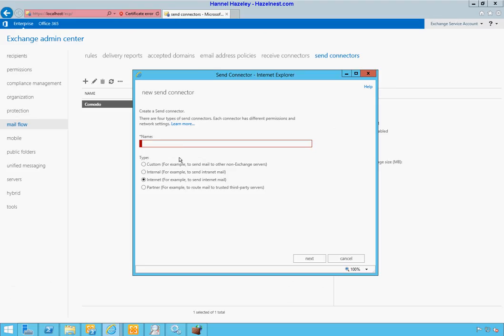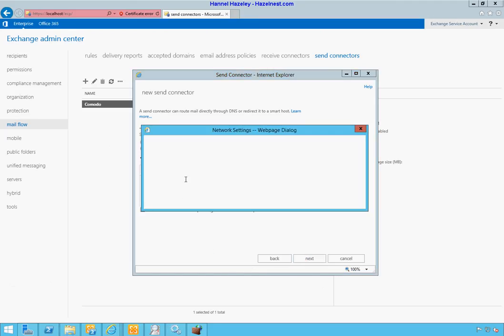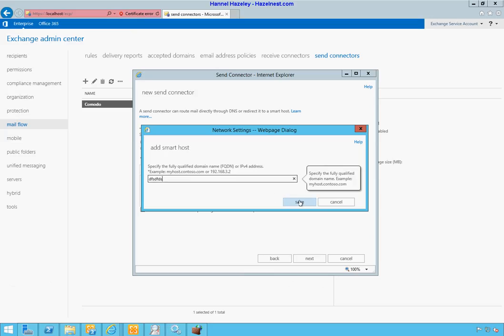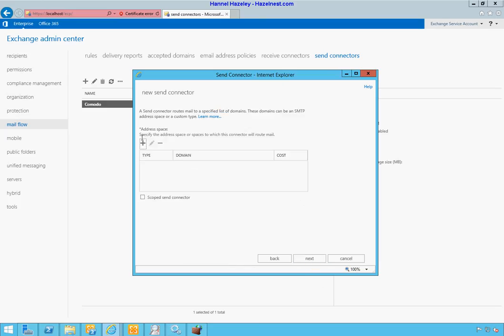It doesn't give you, or did I miss it? It doesn't give you an option to put a port. And since it doesn't give you the option to put a port,